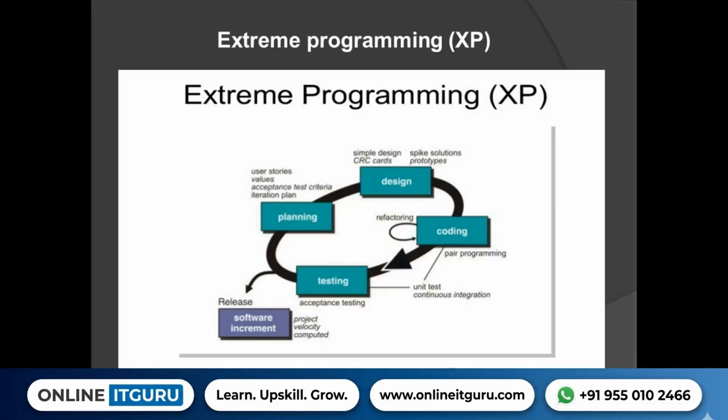How do you put it in the form of a story? You will write it like: a user will give his username and password and click on the login button. Once the user clicks on the login button, the system should allow the user to enter into the application. Okay, in this way you write in the form of a story. And next one is perform transaction. If you are gathering requirements related to perform transaction, then you put that in the form of a story like